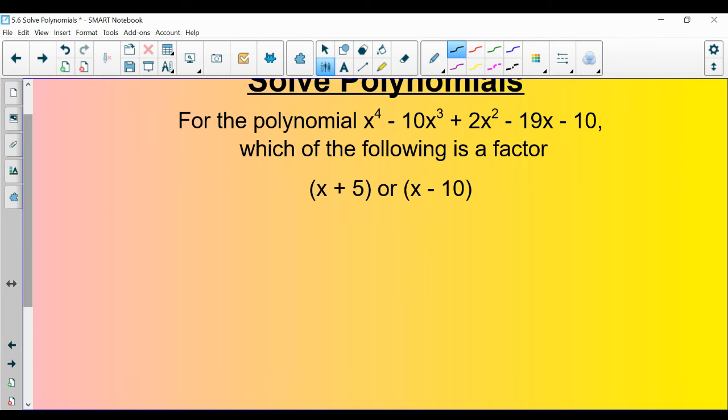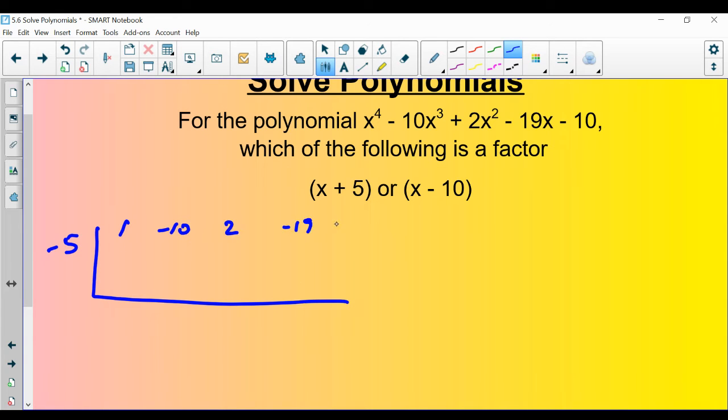Go ahead and try this one. Pause it. Make sure you get the right answer. I'll go ahead and do the same actually. -5, 1, -10, 2, -19, and -10. And then I'll also be doing,